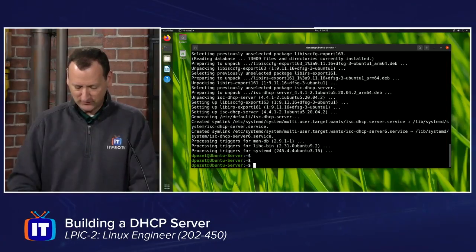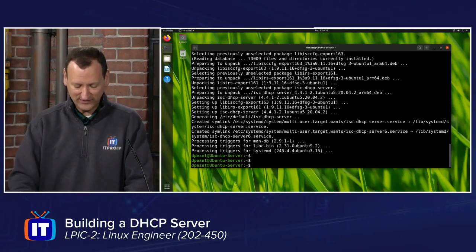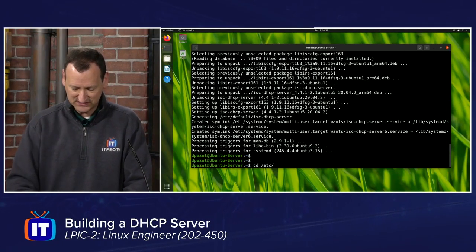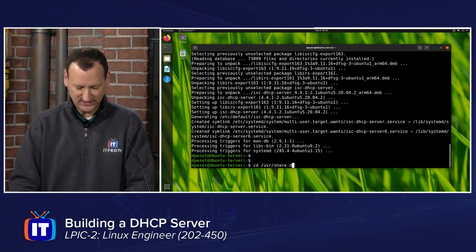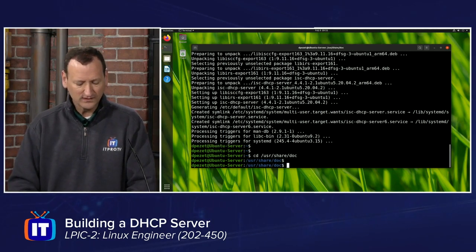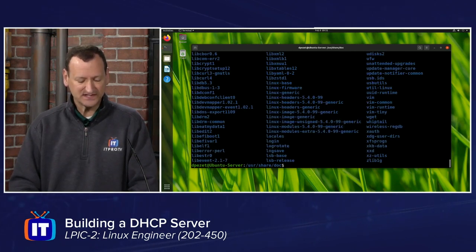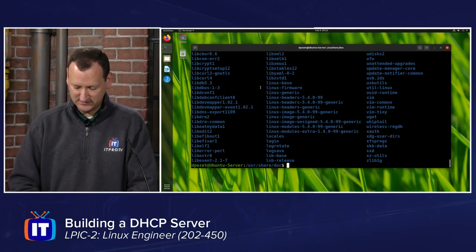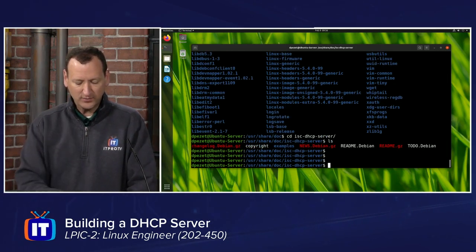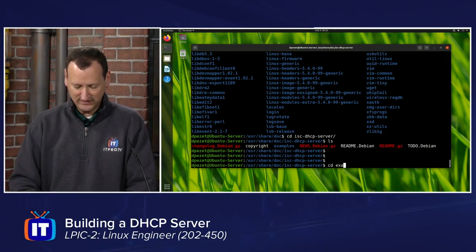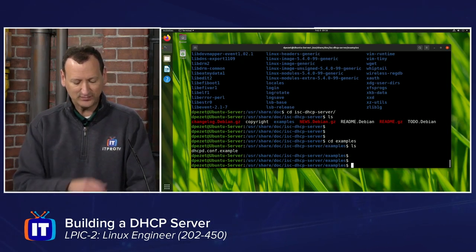But let me show you, when we installed it, it actually creates an example file for us. If you go into /usr/share/doc, this is where a lot of documentation for our services ends up, and you'll see that the DHCP server has its own folder in here, which is isc-dhcp-server. And if you poke around in here, you'll find a number of different files, including the examples folder. And inside of examples, we'll find